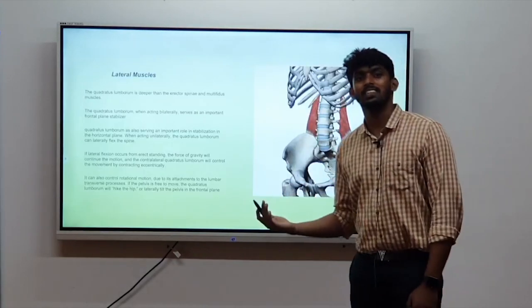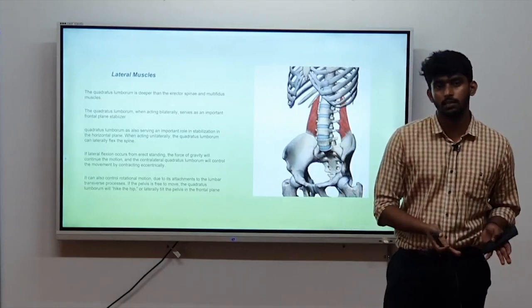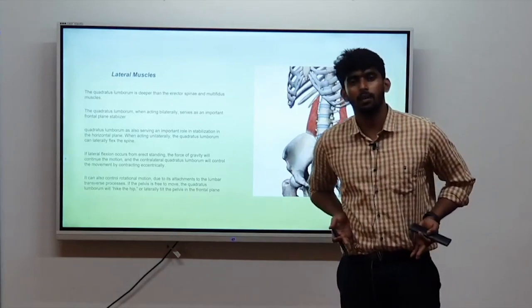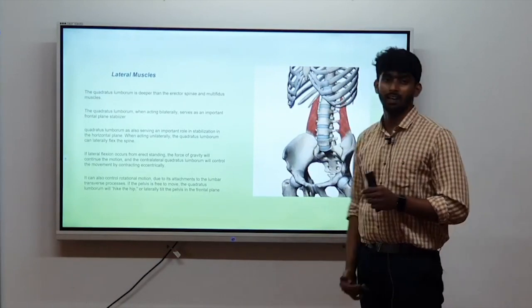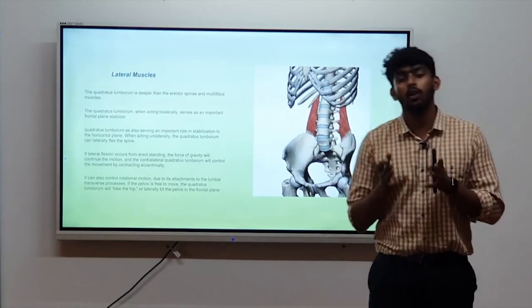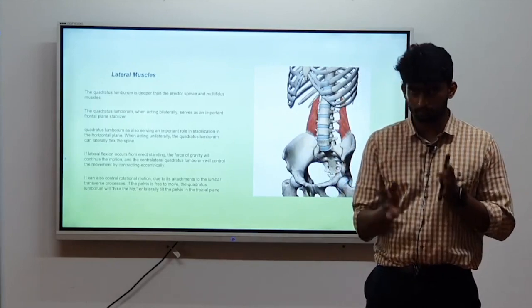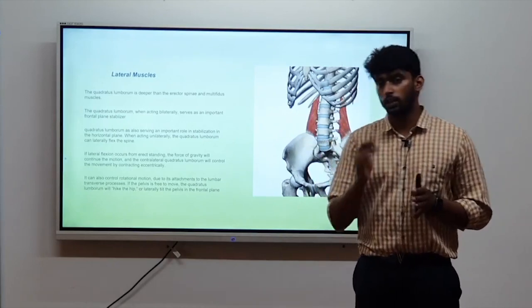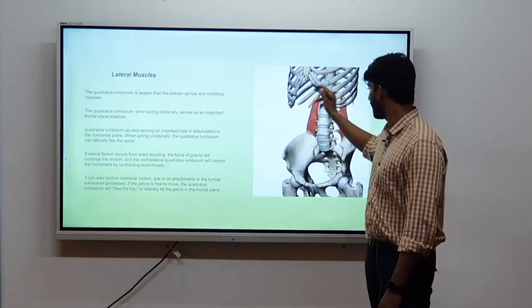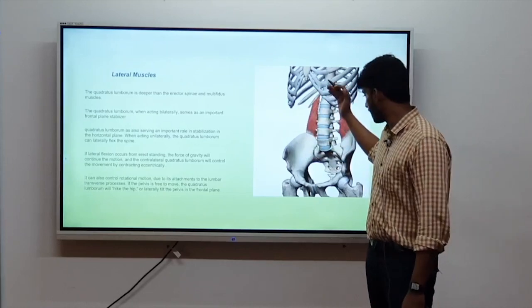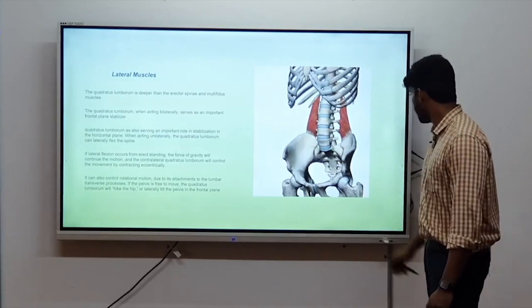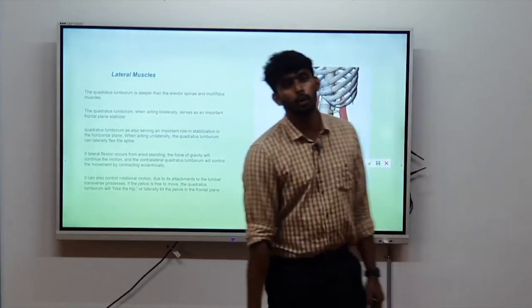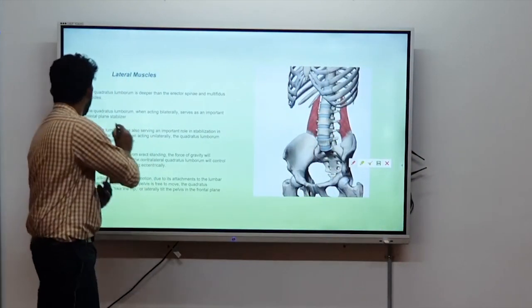Now we are going to discuss the lateral muscle. As I had mentioned, one of the lateral muscles that I really want to talk about is the Quadratus Lumborum. When you are getting a lower back pain patient or a sports patient, you have to check in and around your lumbar area as well as over your hip area. So the major muscle that you may miss out is the Quadratus Lumborum,